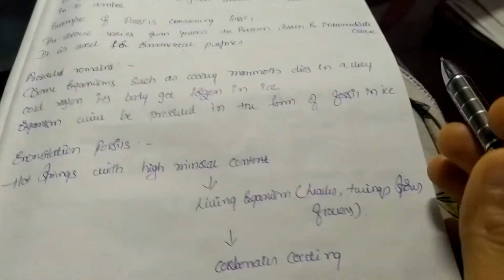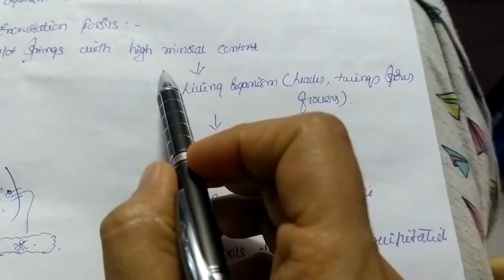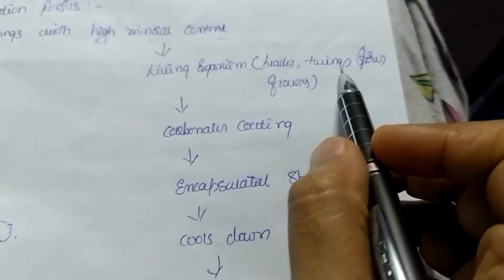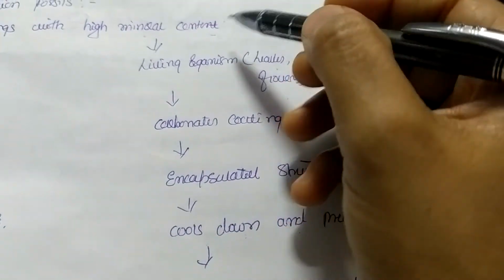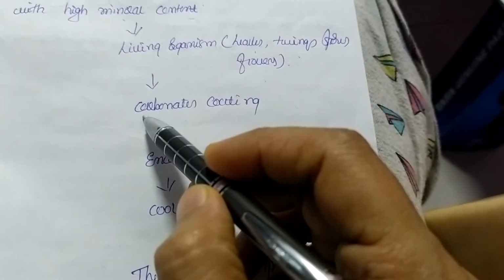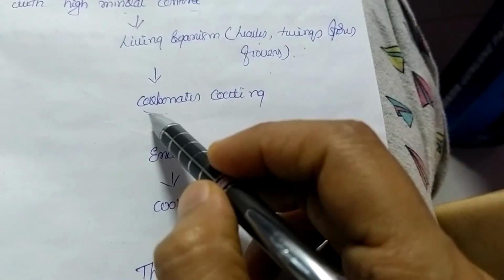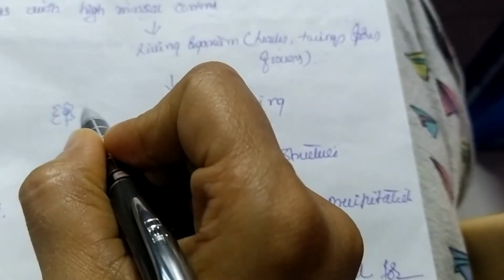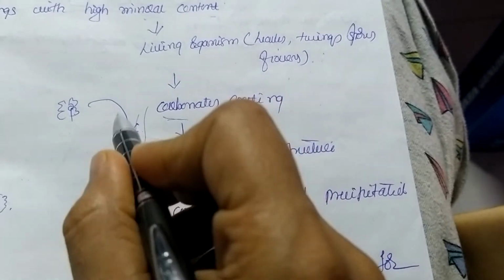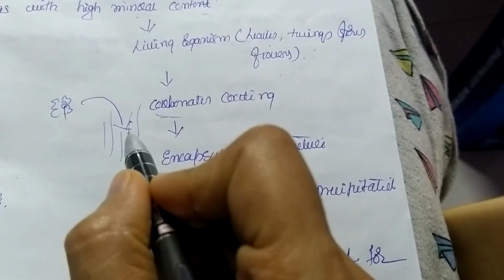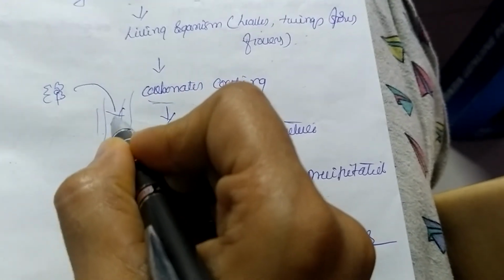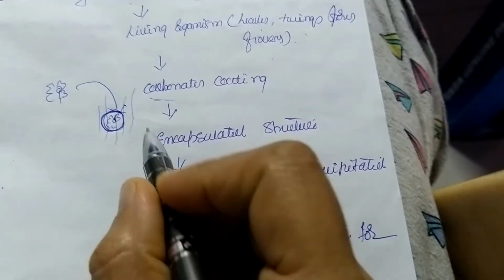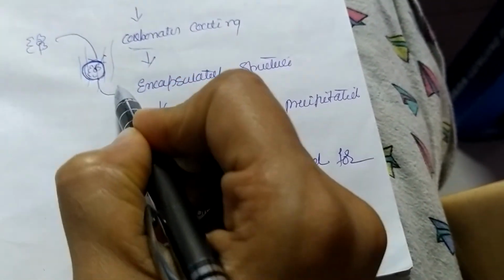Encrustation fossils: as I told you, there are hot springs, and these hot springs are very rich in mineral content. Any living organism like leaves or twigs or spores or any flower, when it enters these hot springs, is affected by the minerals present in the spring, like carbonates. For example, this flower has entered the hot spring, which has a high amount of mineral content. When this flower is in the hot spring, it gets surrounded by carbonates, so we have a carbonate coating around this flower. What are we going to call this structure?